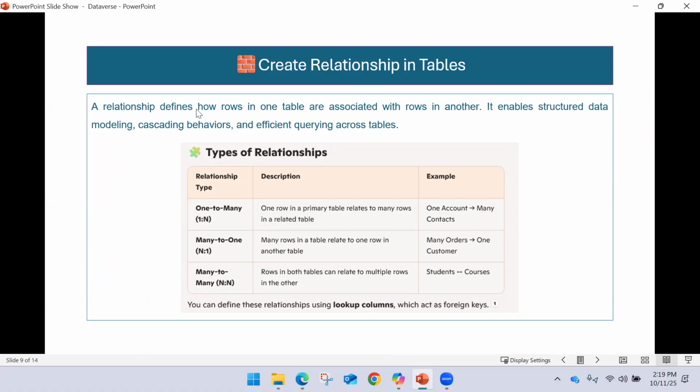So you will be able to define the relationship, that is, how rows in one table are associated with rows in another table. It enables structured data modeling, cascading behavior, and efficient querying across the tables. Okay, fine. So one-to-many, many-to-one, and many-to-many relationships are there. A one-to-one relationship will not be there in Dataverse,